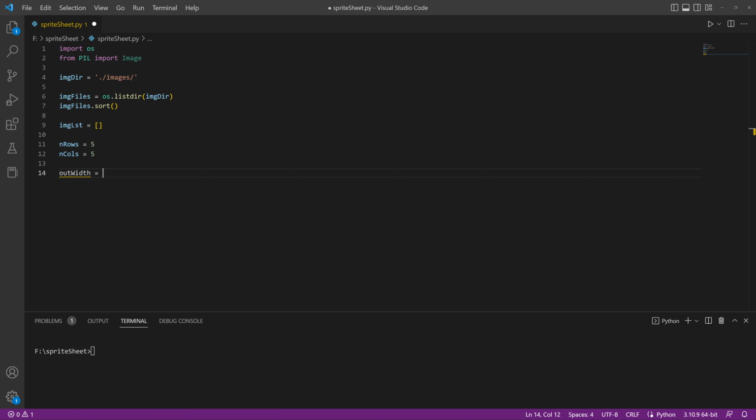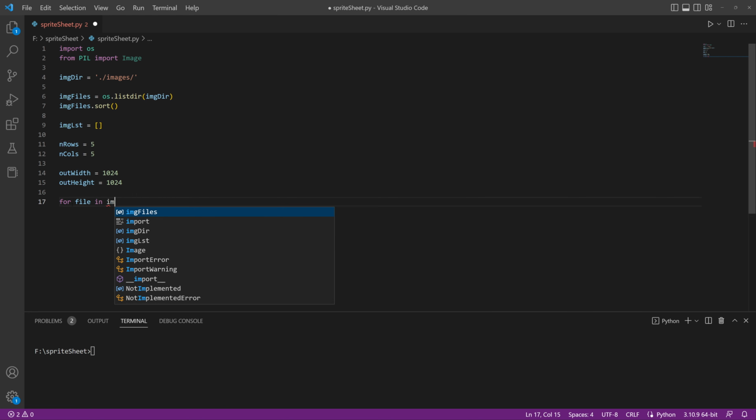So we'll do out width equals 1024, out height equals 1024. And then what we're going to do is loop through all our files and then add them to our image list for the images that we want to export in these rows and columns. So we're going to do for file in image files, that list the files in that directory,